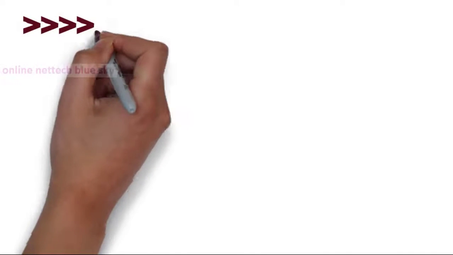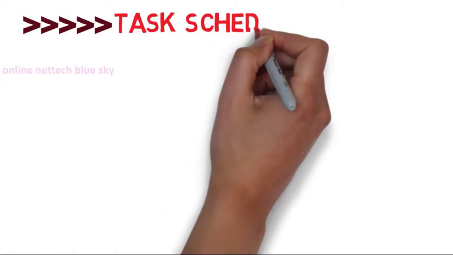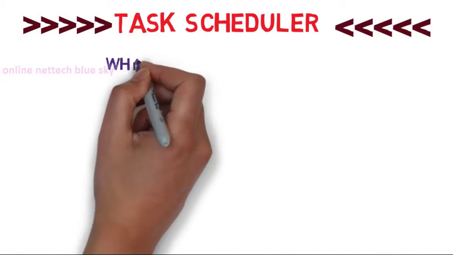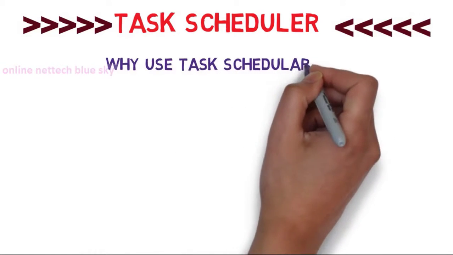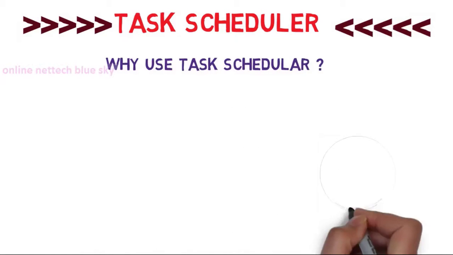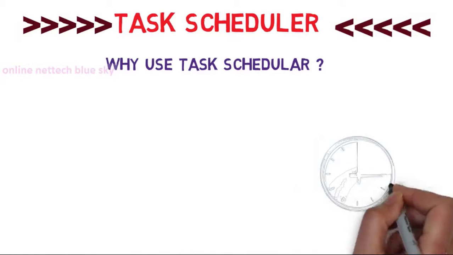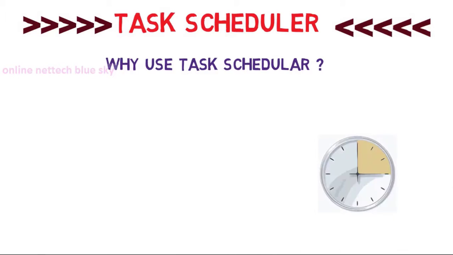So what is a task loader? I'm just showing here, this is a task loader. Why work here, and why use it in these computer systems in the future? So what is a task loader? A task loader is one type where you can fix your timing duration with a task.